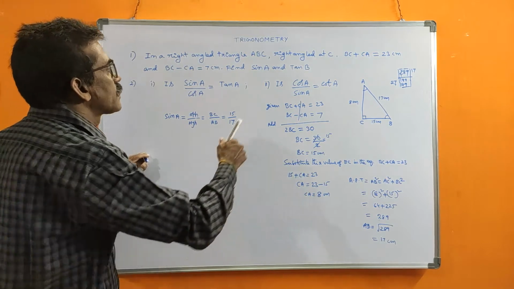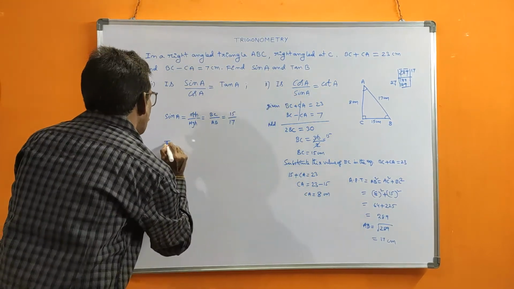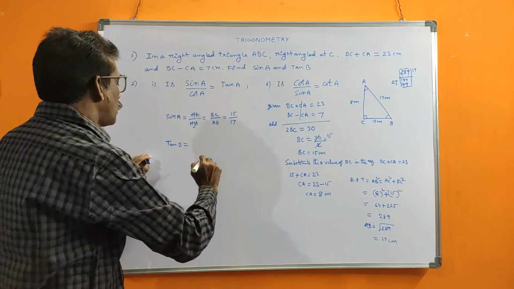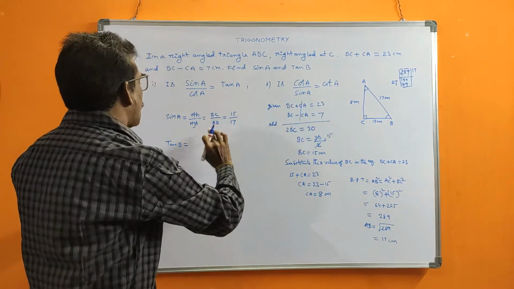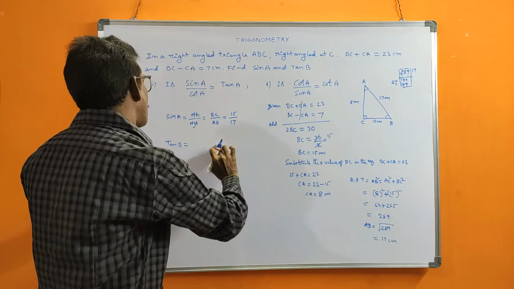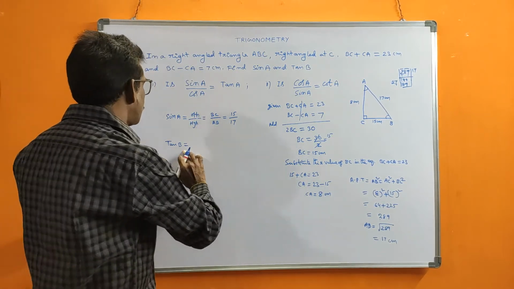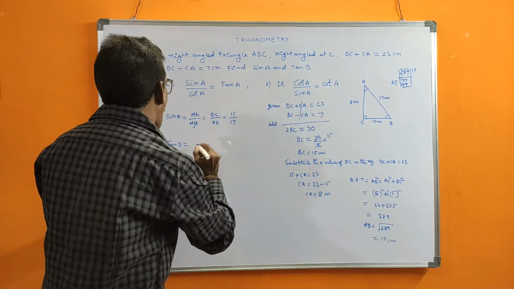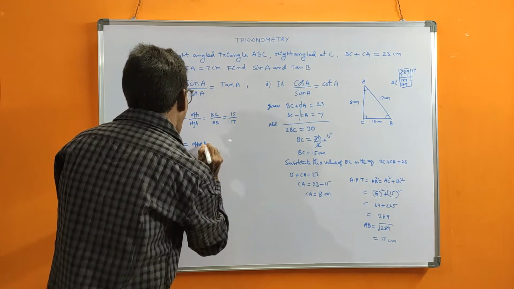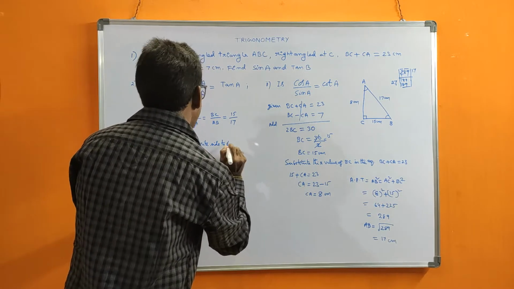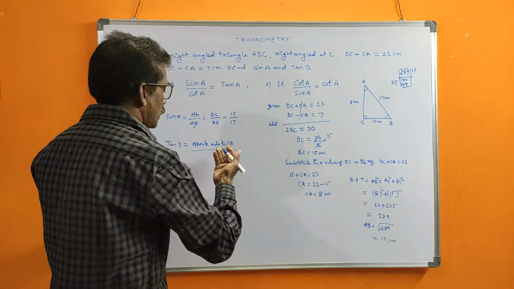Next, tan B. Now you see and write. Otherwise the full formula you write fully; that I did not write here, but I am writing here because there is no confusion. Tan means what? Opposite side. So opposite side to angle B. Like this you write, then there is no confusion.